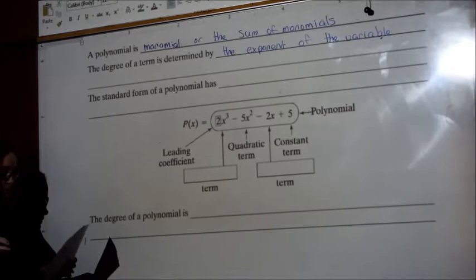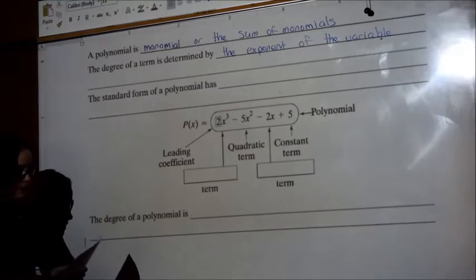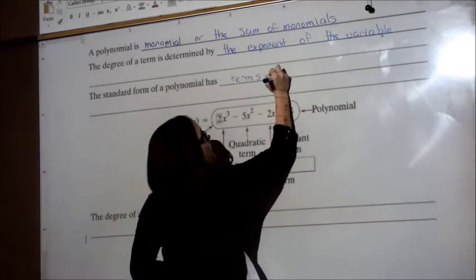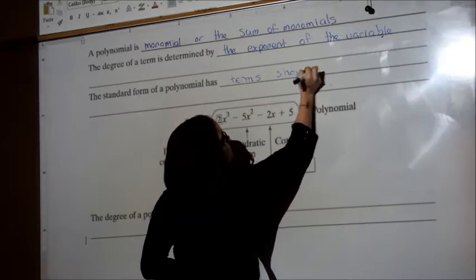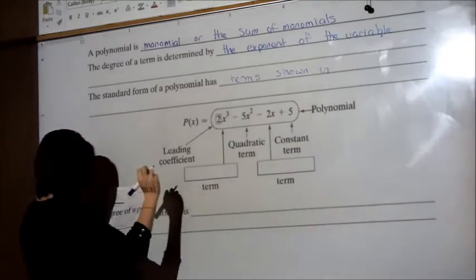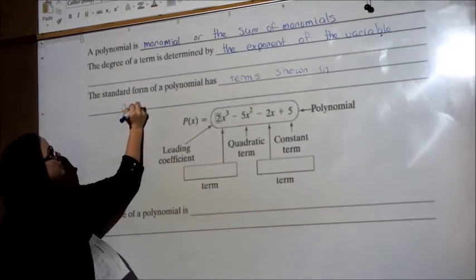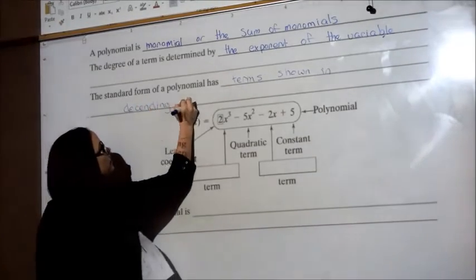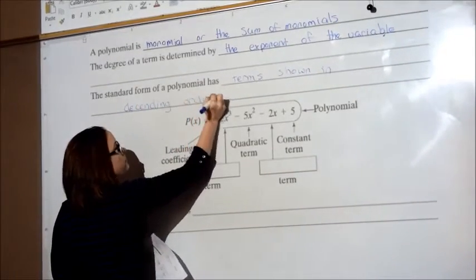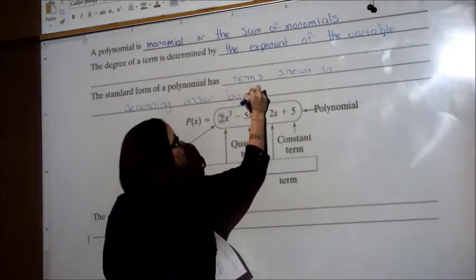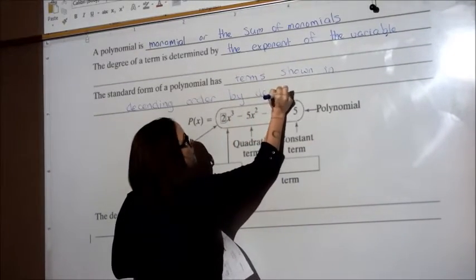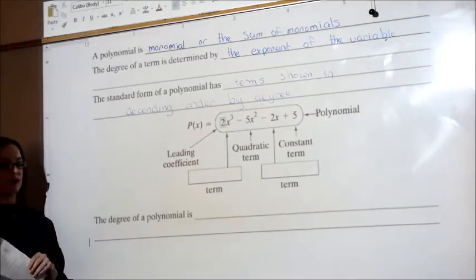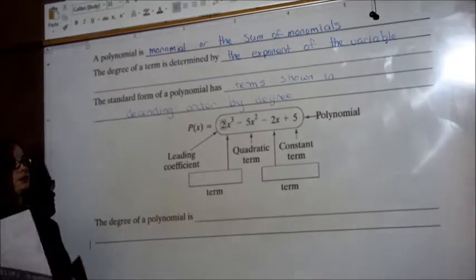The standard form of a polynomial has terms shown in descending order by degree. So no matter what the largest degree is, put that first, and then you're going to put them in descending